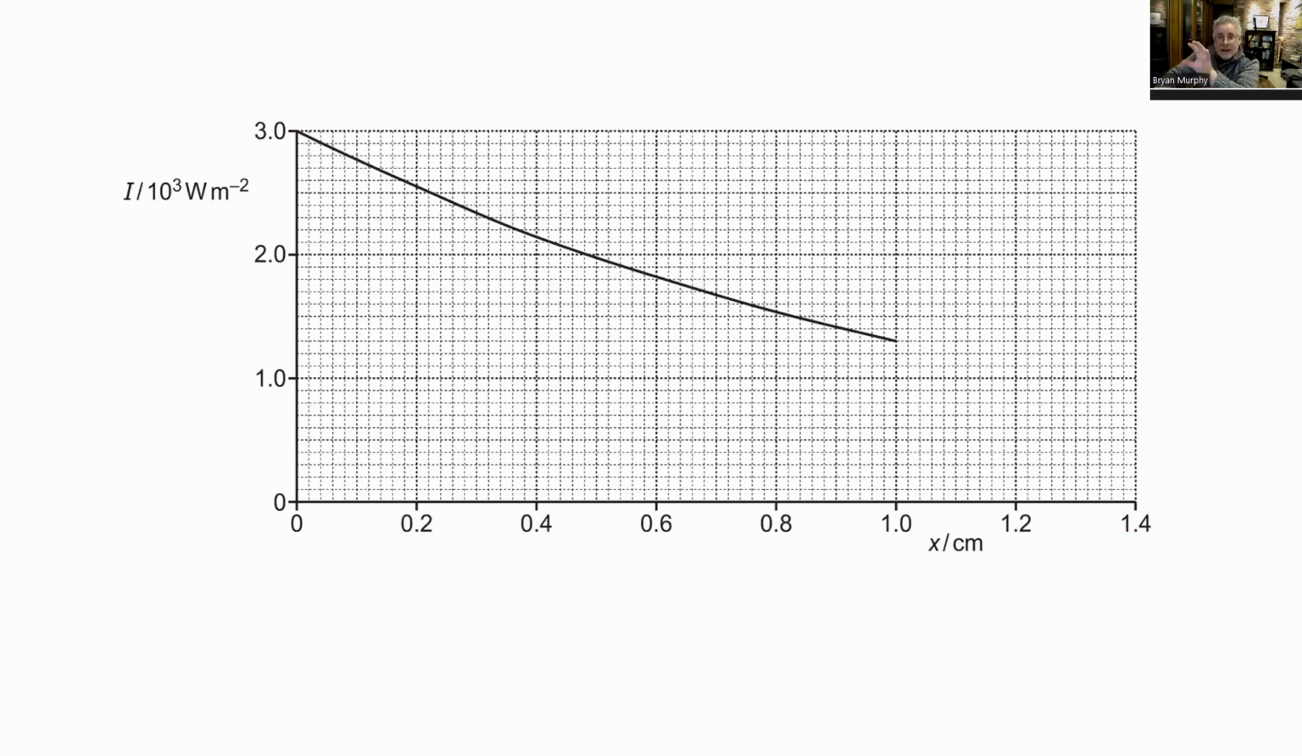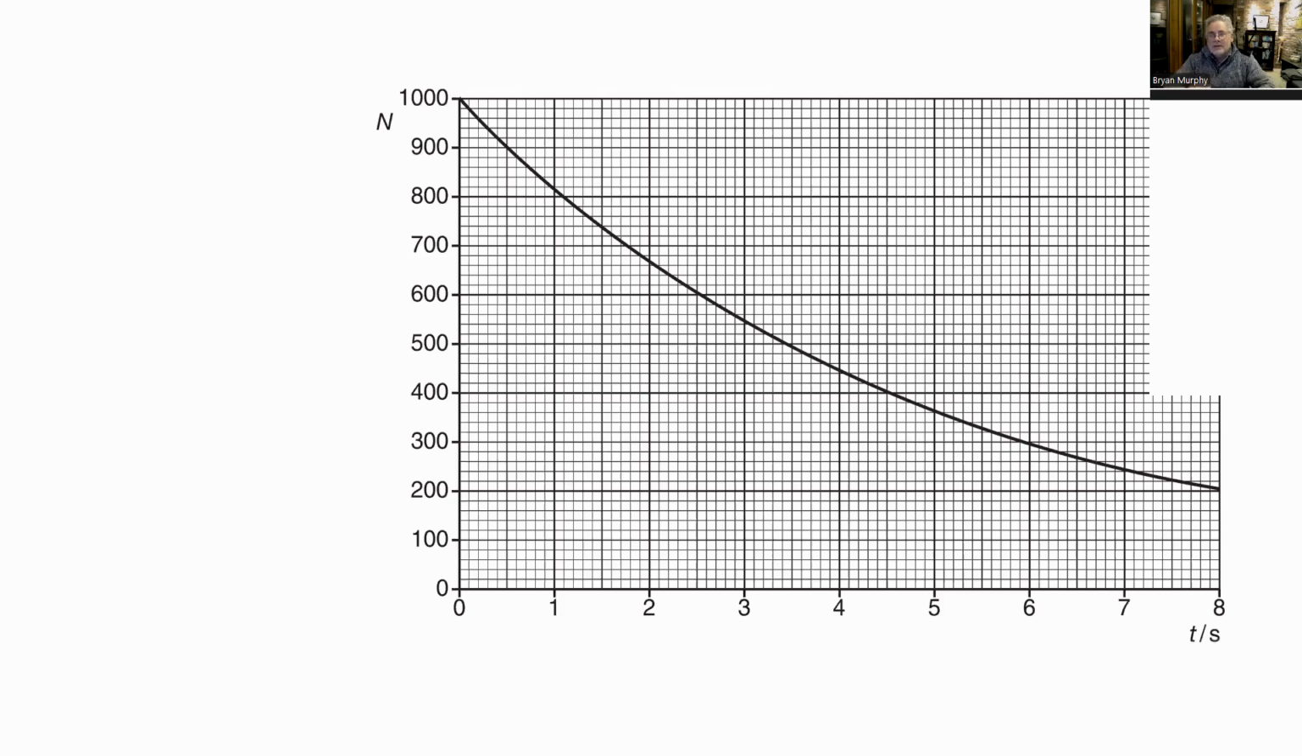So this is a question, don't know which board it was, it doesn't really matter, they're all basically the same. So it goes in, in this case, at an intensity of 10 to the 3 watts per meter squared. And as you go deeper into the tissue, after 1 centimeter, it's down to 1 point wherever it is. Okay. Now, what we're going to have to do with that is work out this